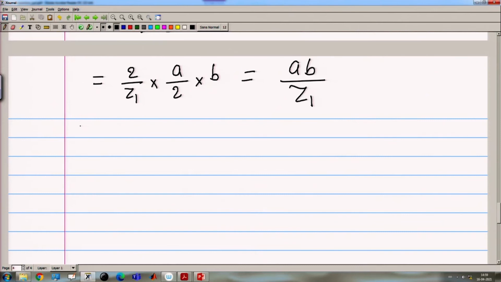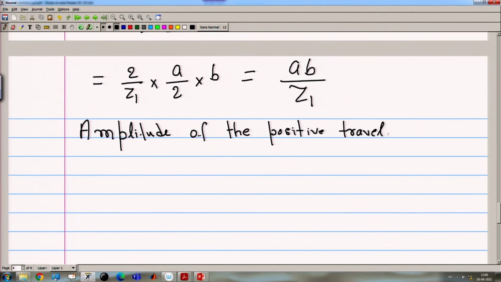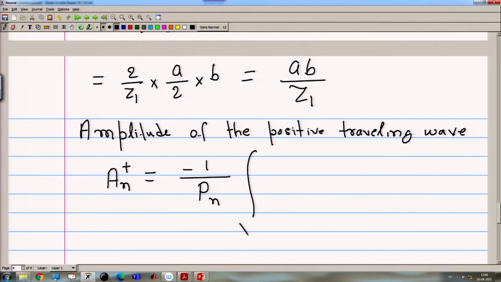So the amplitude of the positive travelling wave is denoted as a n plus, and that is written as minus of 1 by P1 Pn, because this is for the nth mode. So Pn, and this is the volumetric integral